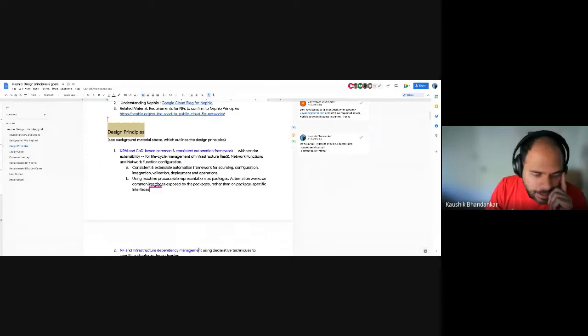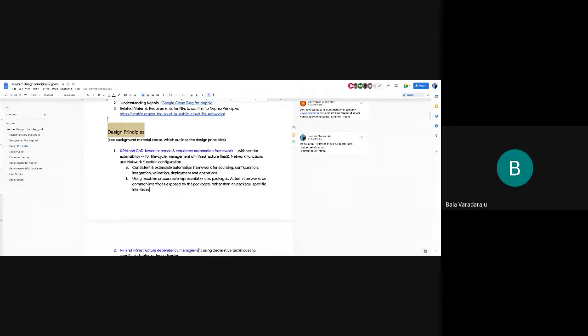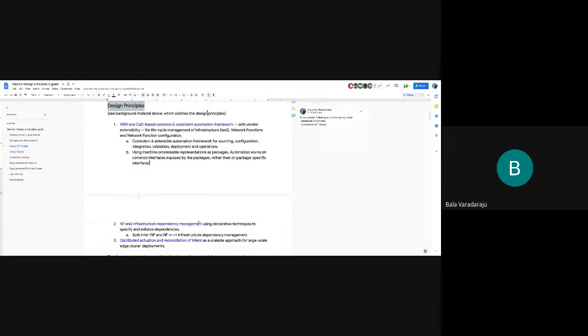What specifically are you bringing up, for example? If I understand, your third point in the design principles, if you scroll down, the distributed actuation, my understanding is that the actuation of workloads and clusters is happening in a distributed manner, for edge clusters.